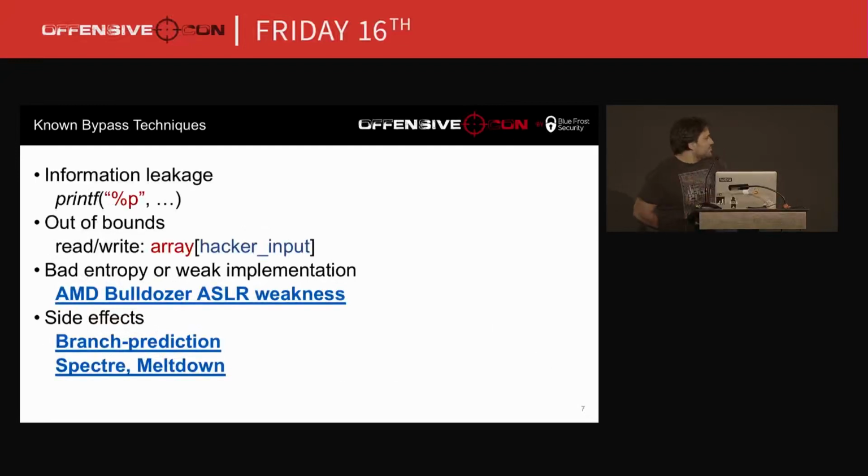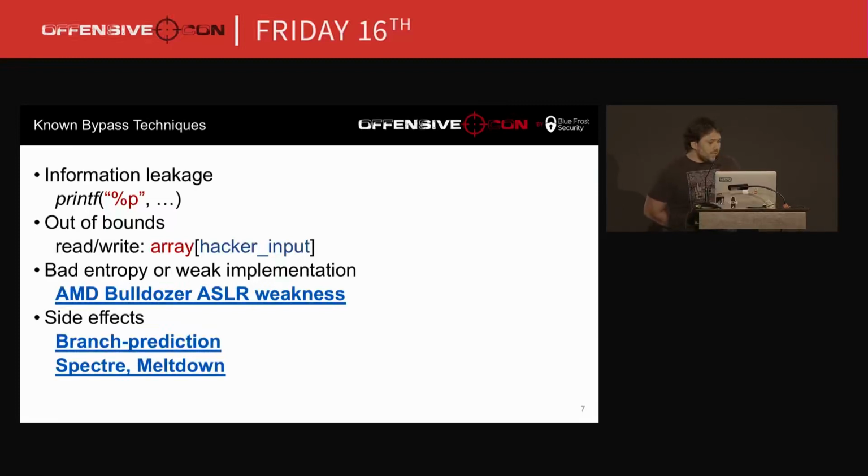Okay, some basically known techniques of bypassing ASLR. First of all, information leakage, when you can get some pointer from a vulnerable application and just use it later, whenever you want. Another technique is out of bounds, when you have some static array or dynamic array, it doesn't matter, and you can address it from some input.